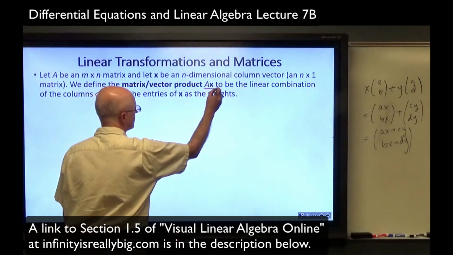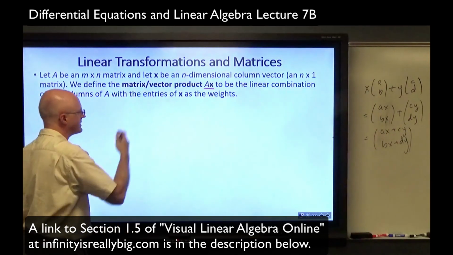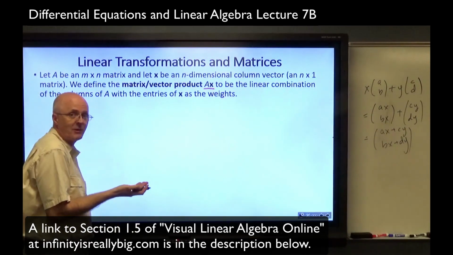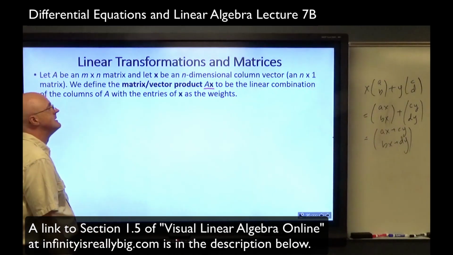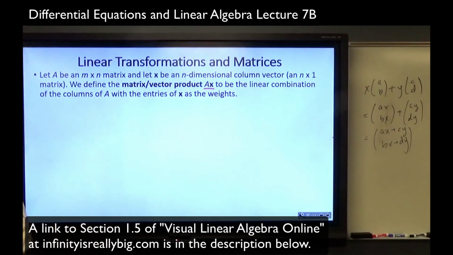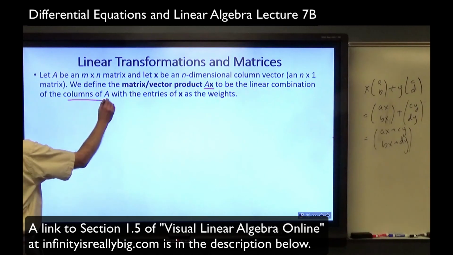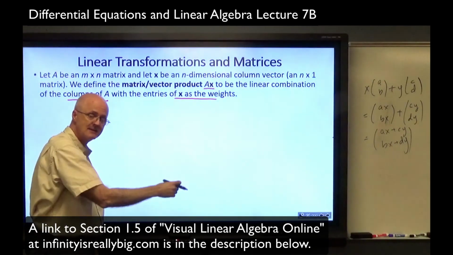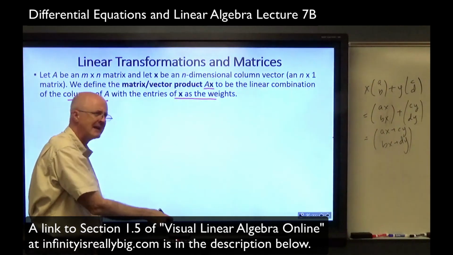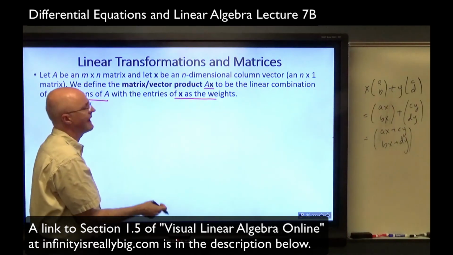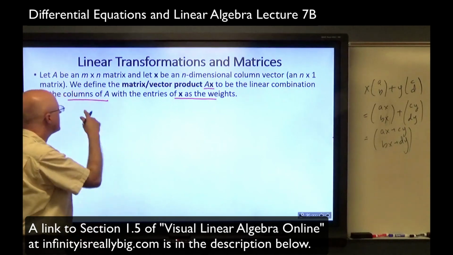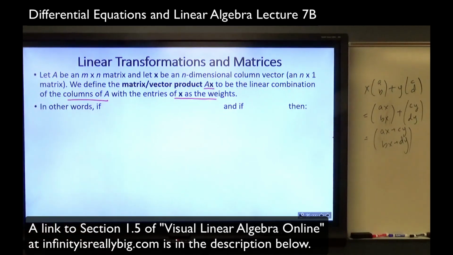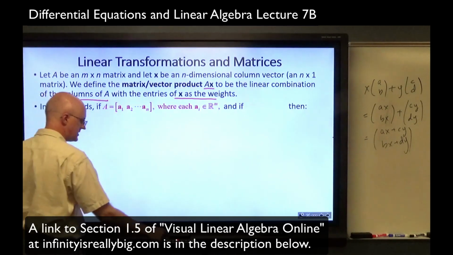Most important thing is that it's a product. You could call it a matrix vector product. You could call it a matrix product because both of them are matrices. To be the linear combination obtained by taking the columns of A and combining them with the entries of X, the numbers in the column X, X1, X2 through Xn, say, as the weights, the coefficients in front of those column vectors. In other words, if A is written in this way, just shorthand notation here,